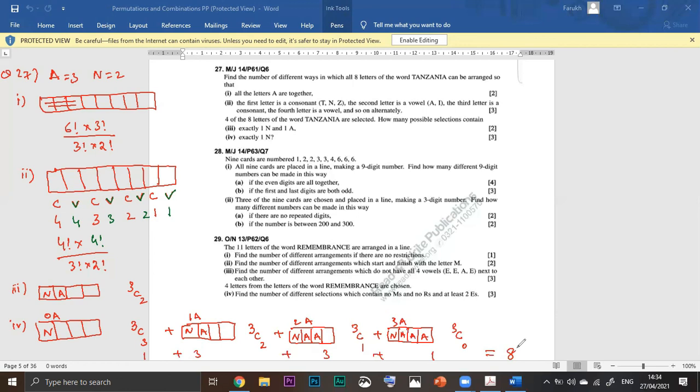Is there any confusion? No, sir. If it is not given that A is 1, 2 or 3, then we will have to assume the cases that there is 0 A, there is 1 A, there are 2 A's, there are 3 A's. I think we have attempted all the questions about permutations and combinations. These were the different questions, and now you can attempt questions and send your problems.